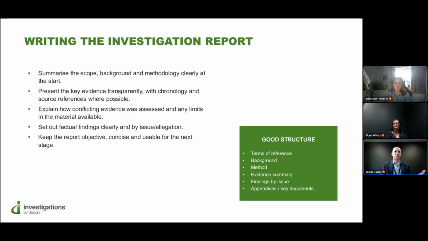One of the things that we do in investigations by design is each of our reports is sent for legal QA, so it's that second pair of eyes. I often send it to a solicitor colleague at Horridge Farrelly, who will look through to ensure that we've followed the terms of reference, we've answered the questions, and that it's a robust thing. Often these are the documents that go in the employment tribunal bundles, where the stakes are high. I think get the report right, but if every other stage is right before that, the report should follow.